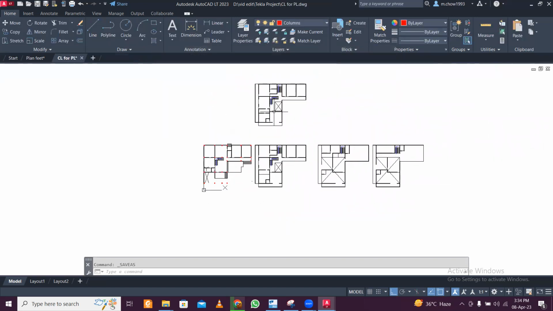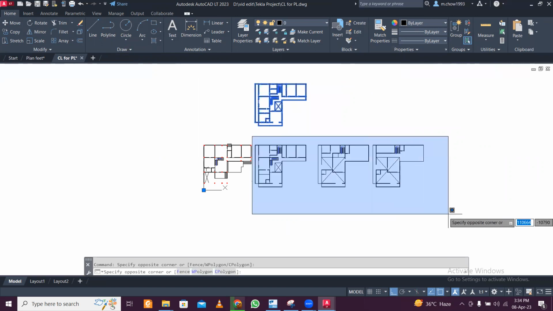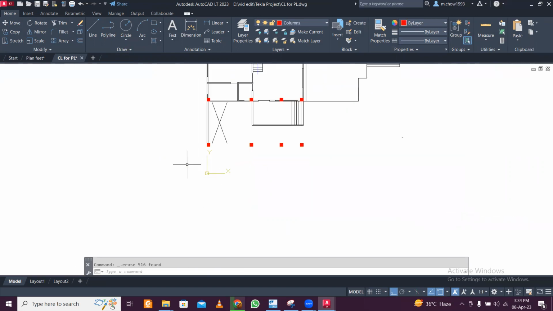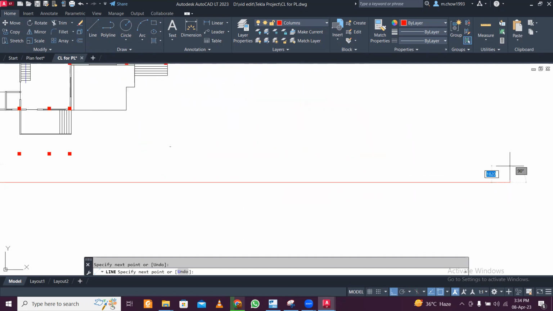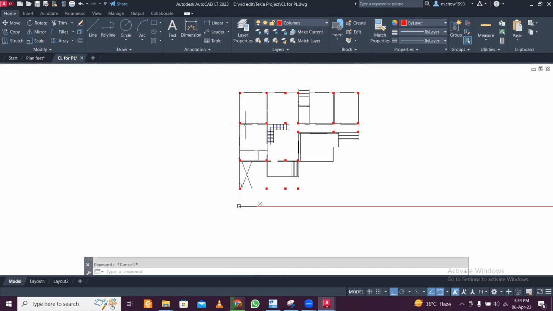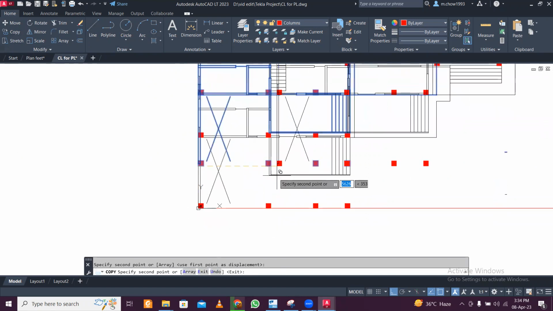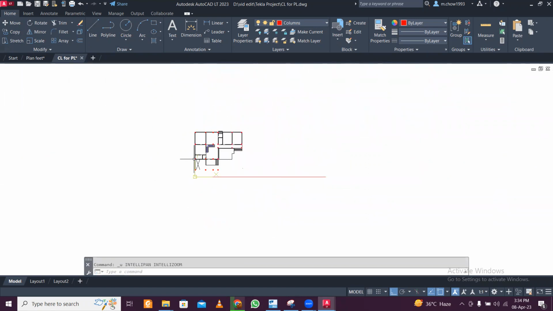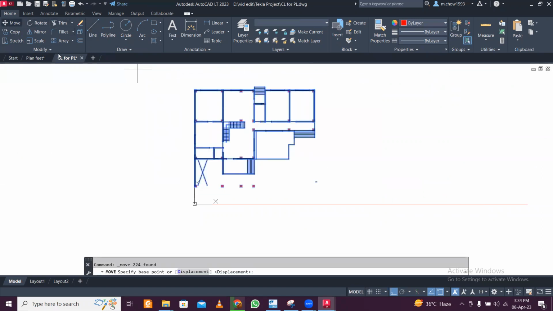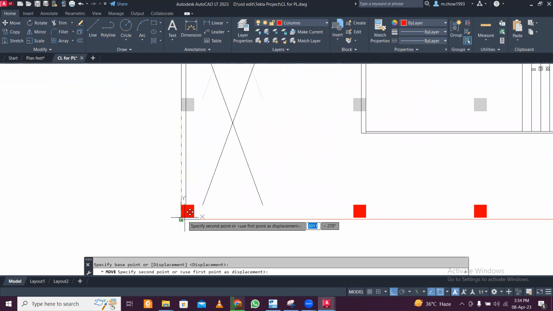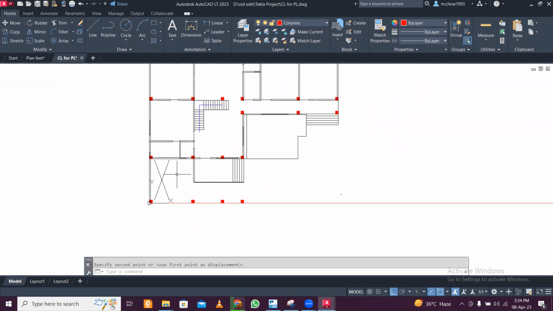When I make the center line for PL, I don't want any additional things. So I'm going to take a line here, first point 0, 0, enter, and then drag it. I want to know the exact center point so that I can overlap here. So this, and copy and join this. Not copy, I should have moved it, right? Moved it to the origin point. So the columns have been moved to the origin,